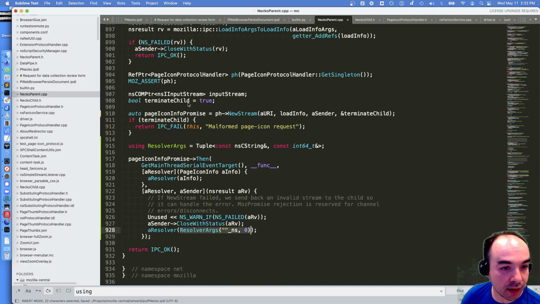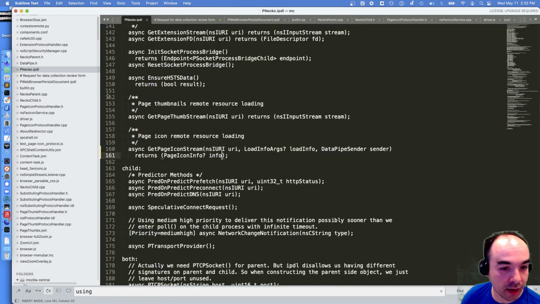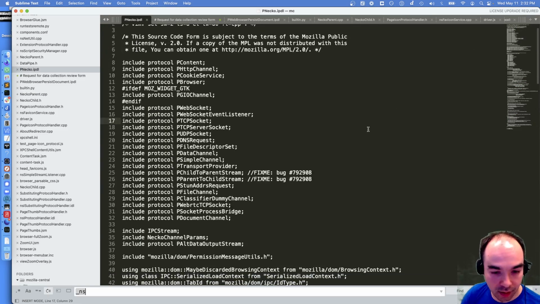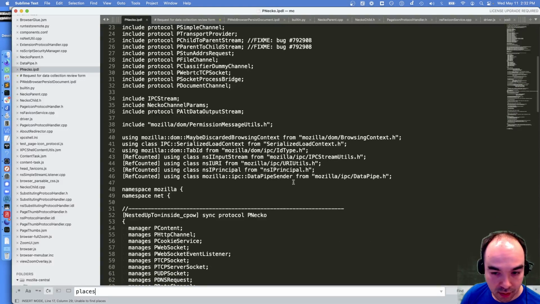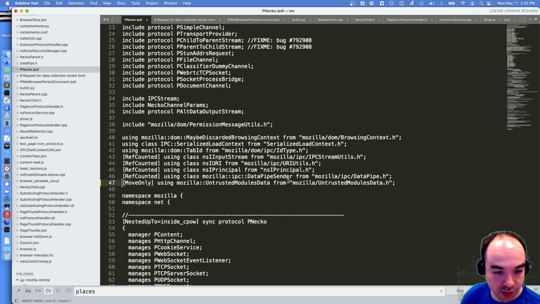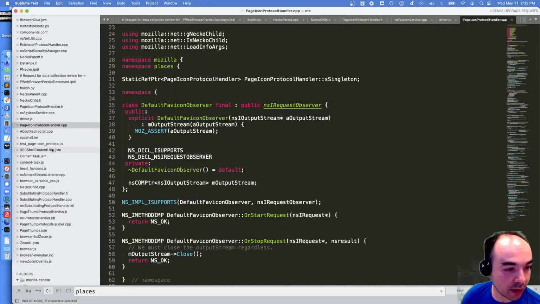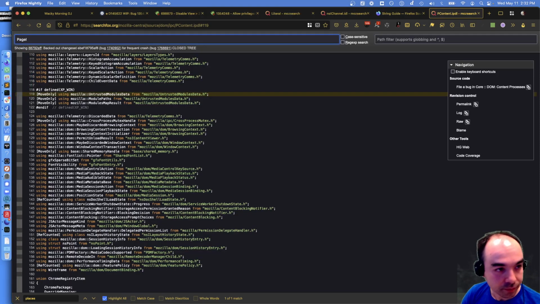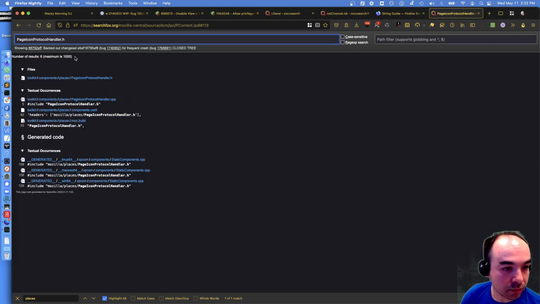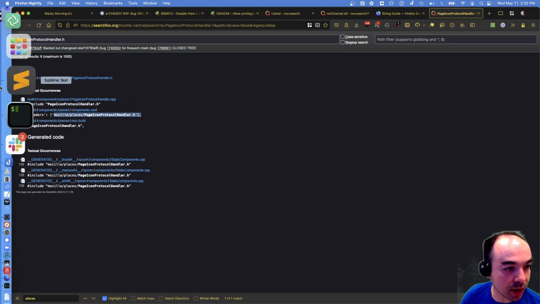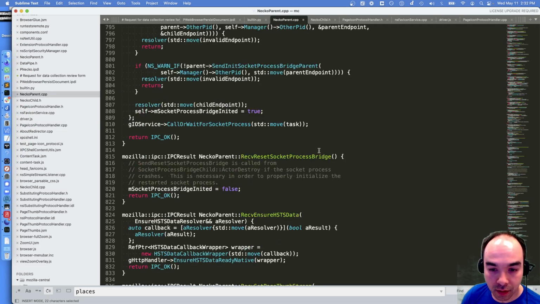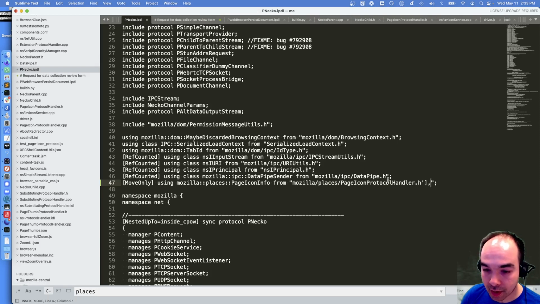So we can, in the IPDL, we're going to say, using Mozilla Places page icon info from page icon protocol handler .h. What is the path? Mozilla Places page icon protocol handler. I just want this to compile, and then I will be happy.